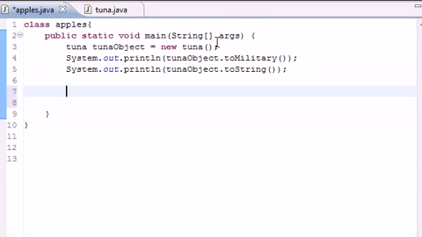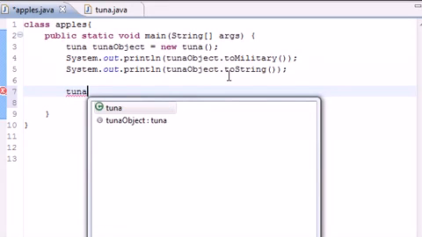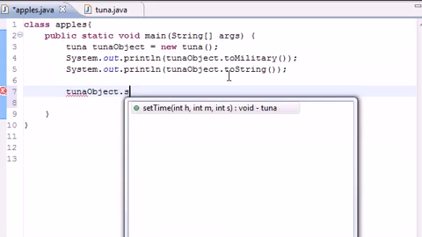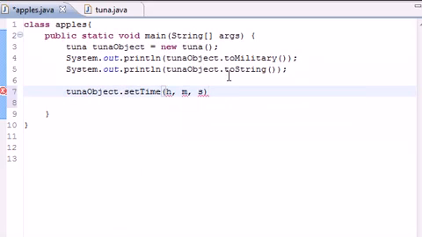Now let's quit messing around and do what we came here for. We want to be able to set the time. So let's put the tuna object, and let's use our set time function, and we want to enter